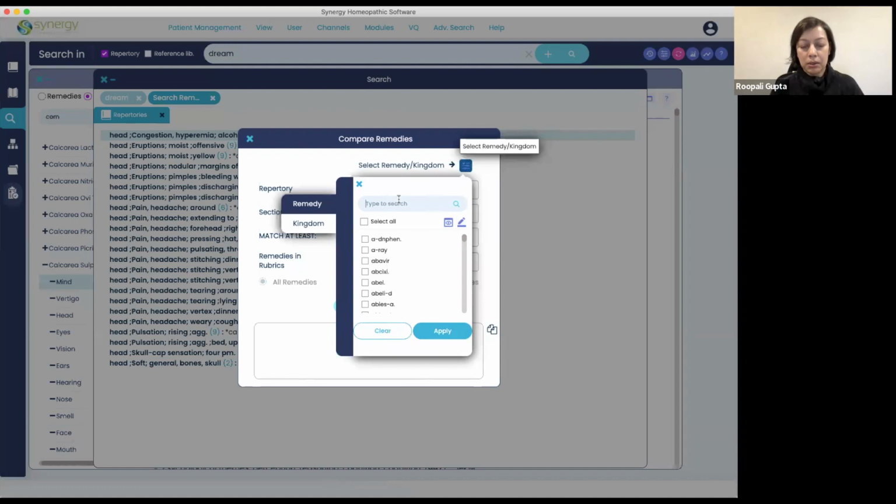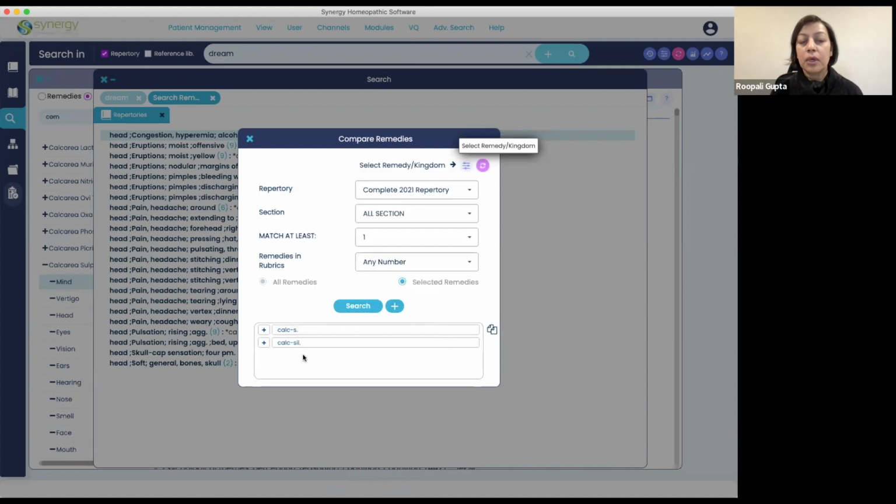then we would come here. And I'm also going to choose SIL because we mentioned it before. And now you see that both remedies are in here. And I want to see the rubrics that are in CalcSolve, but not in Calcarea Silicata. And I am going to see that in the 2021. And let's look at